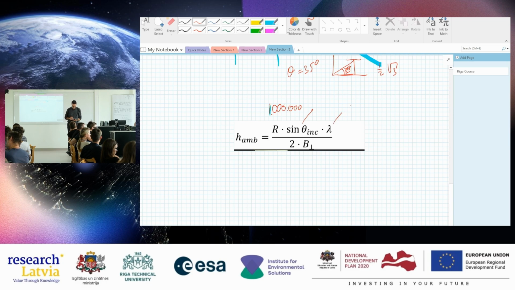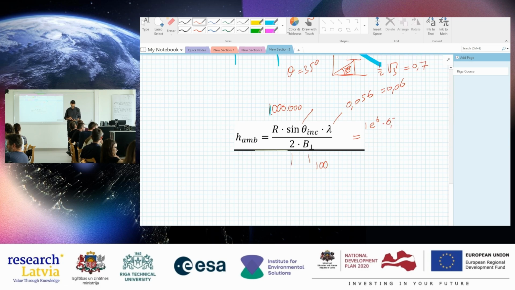Then lambda is 0.056 meters. Okay, so I'll make that 0.06, easier. And here we had 2, and this was what we said, I think, did we say 100 meters? I think 100 meters. Right, so if we do this now, we have 1e6 times half times square root of 3. Does anybody know, 0.7, something like that? Could somebody check that? Maybe, I don't know it by heart.